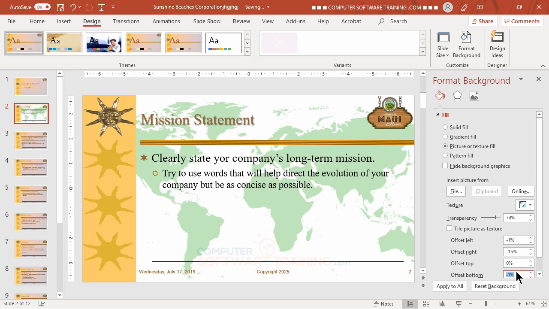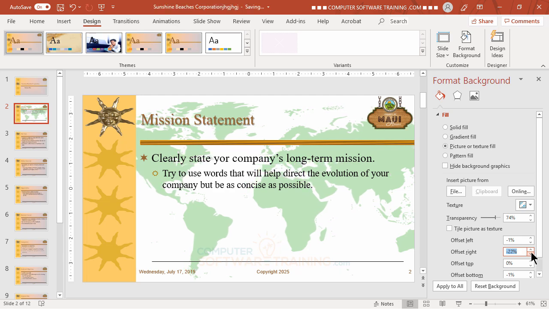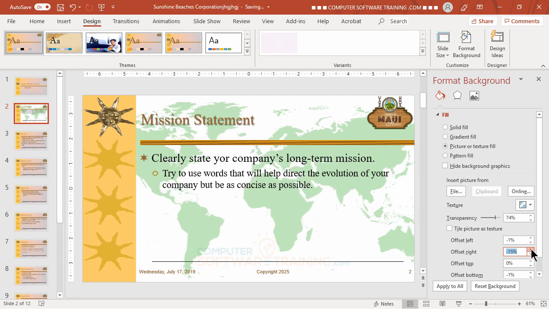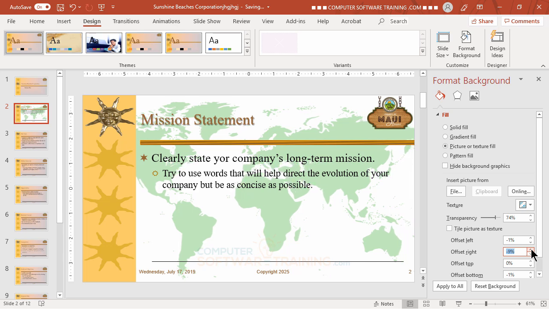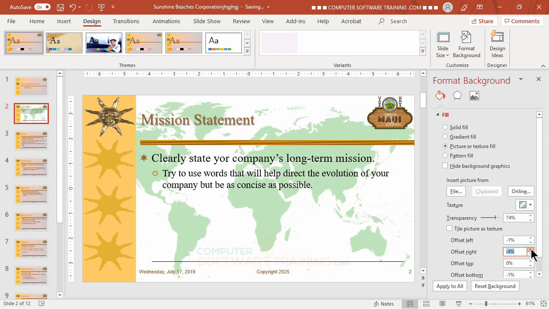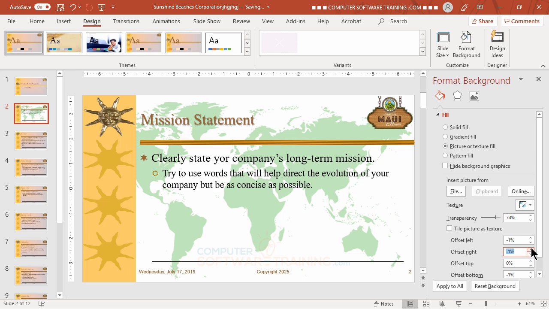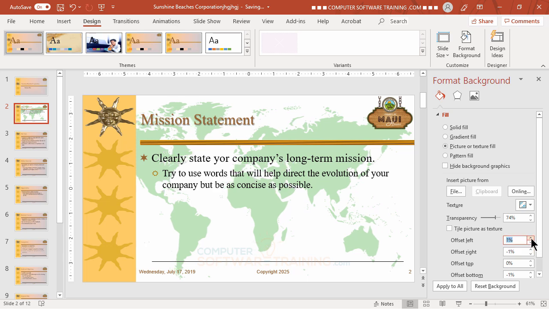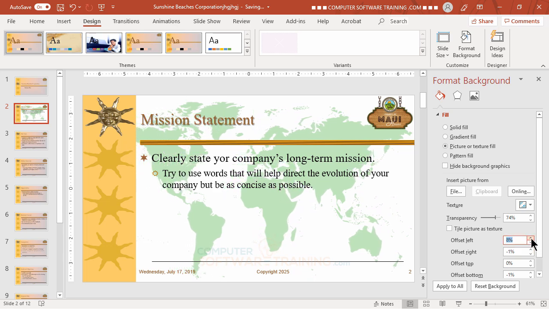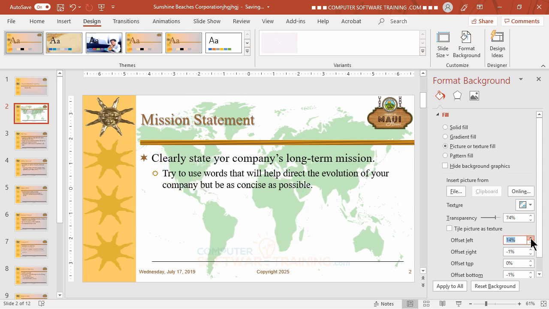So I got the bottom offset, and then of course, if I did do it from the right, oop, going the wrong way there. If I squeeze it the other way now, I can do something like that, all right? And then on this one, I can squeeze it like this and kind of change it that way without having to use a picture editor. So do something like that,